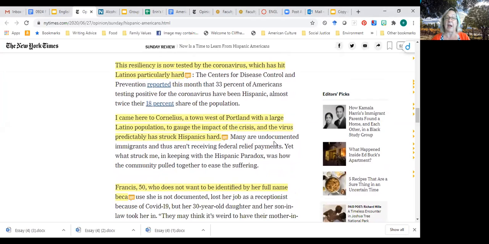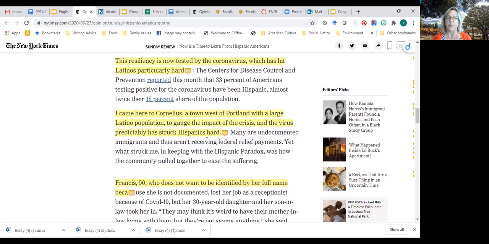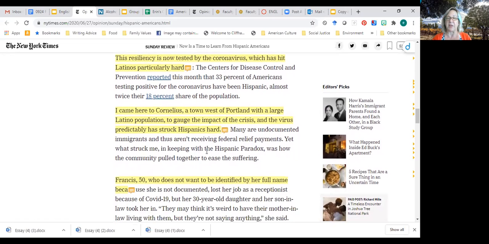And he describes the Hispanics in this town, Cornelius. Many are undocumented immigrants and are not receiving federal relief payments. Yet what struck me, in keeping with the Hispanic paradox, was how the community pulled together to ease their suffering.